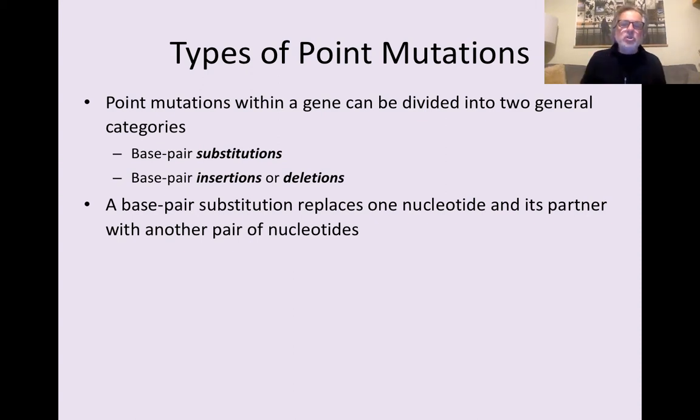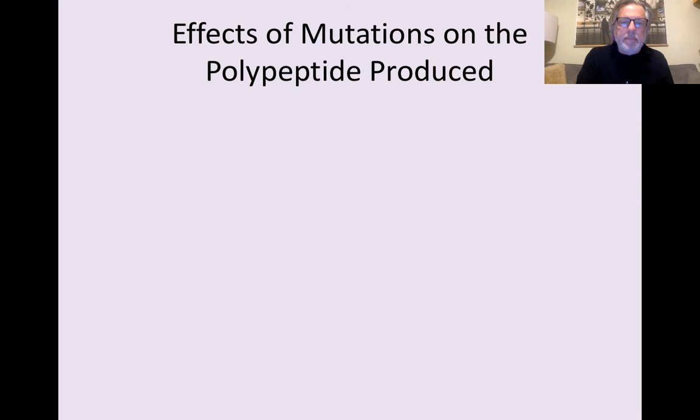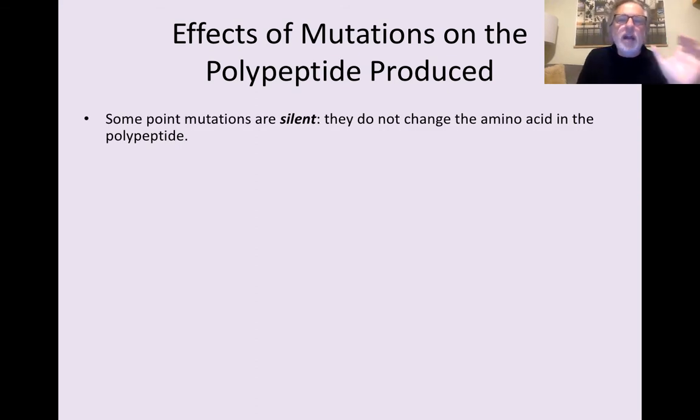A substitution occurs when one nucleotide and its partner is replaced by another pair of nucleotides. Some point mutations are silent, and what that means is they do not change the amino acid in the polypeptide. So you saw that there was repetition in the genetic code, and it would be possible that when a mutation occurs, that the codon in the mRNA is changed only slightly, but the amino acid it produces during translation is